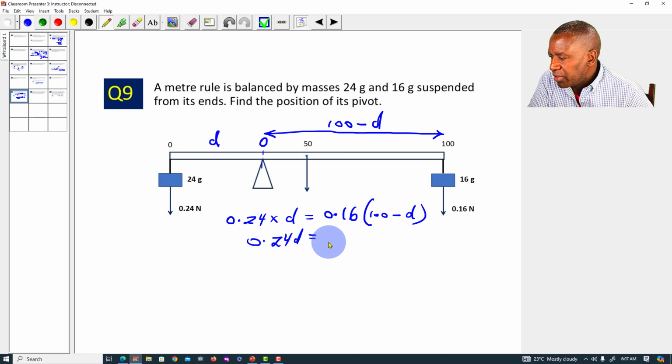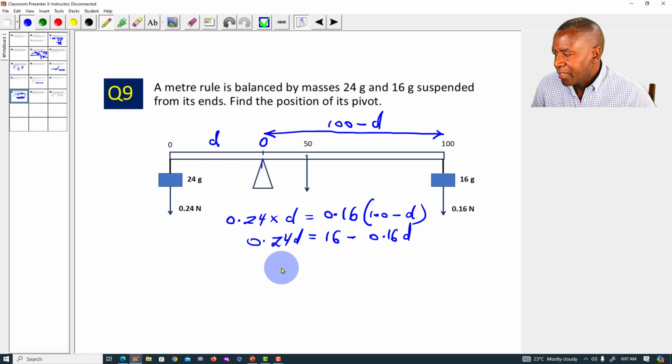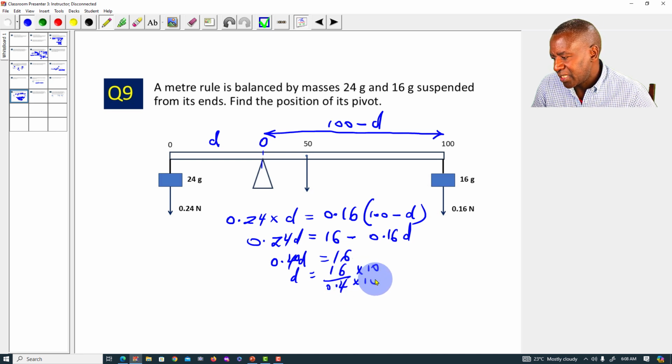0.24D is going to be equal to 0.16 times 100, we are going to get 16 minus 0.16D, and you collect the terms with D together, and you're going to get, I think, 0.40D, because when you bring it to the other side, you're going to add. It is going to be equal to 16, and you're going to find that D is going to be equal to 16 divided by 0.4. Of course, you can multiply here by 10 so that you get, I think, 40